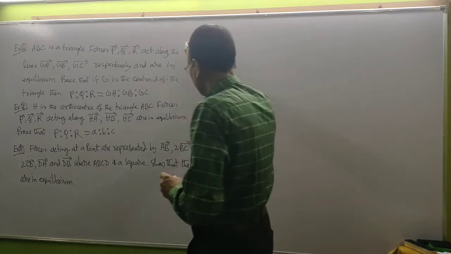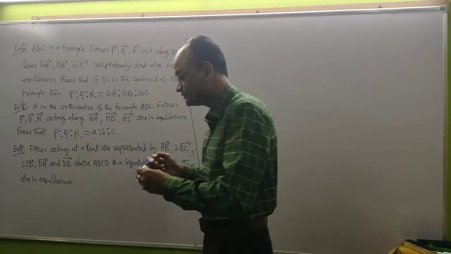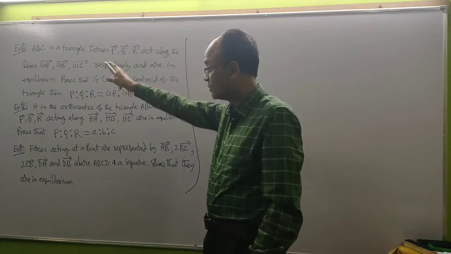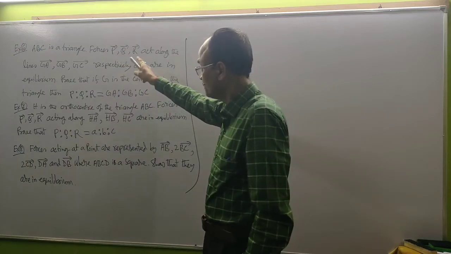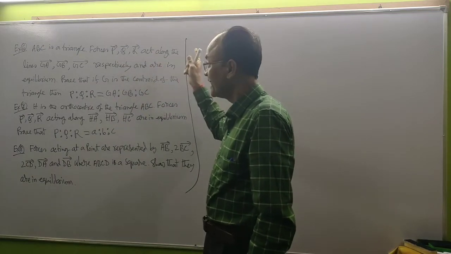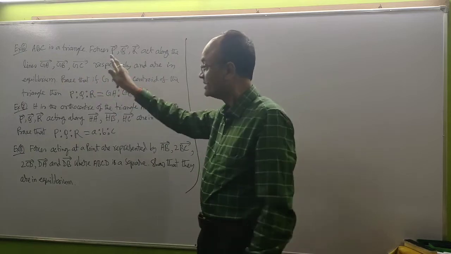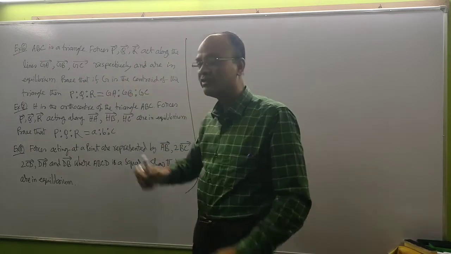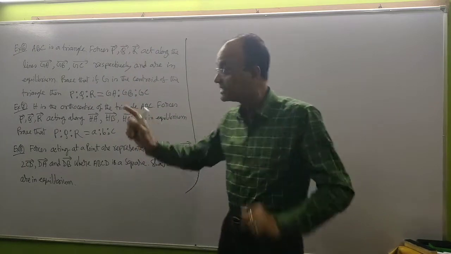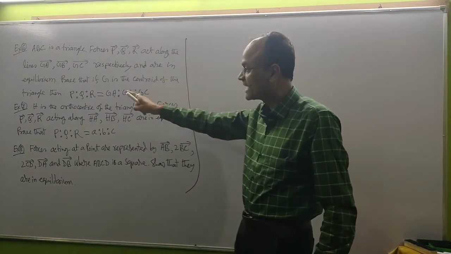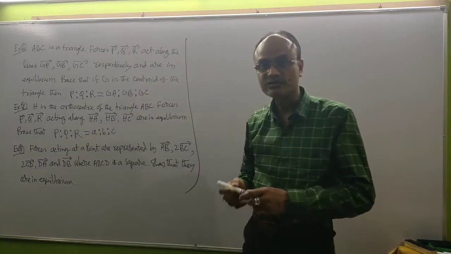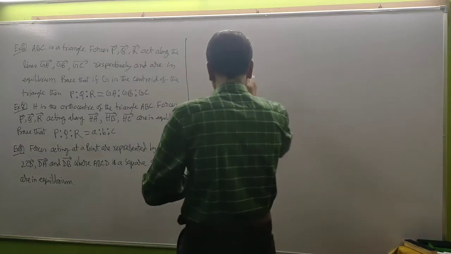Today's problem number 1. ABC is a triangle. Forces P, Q, R act along the lines GA, GB, GC respectively and are in equilibrium. Prove that if G is the centroid of the triangle, then P is to Q is to R equal to GA is to GB is to GC. Now you see,